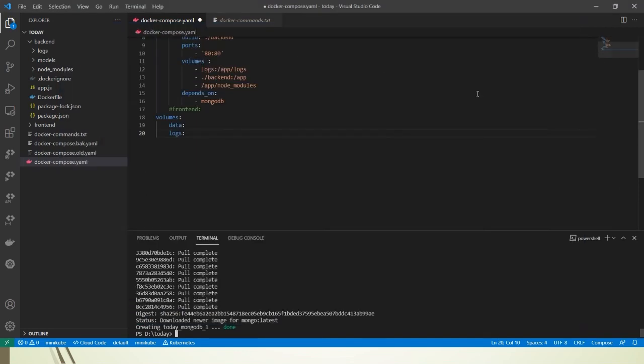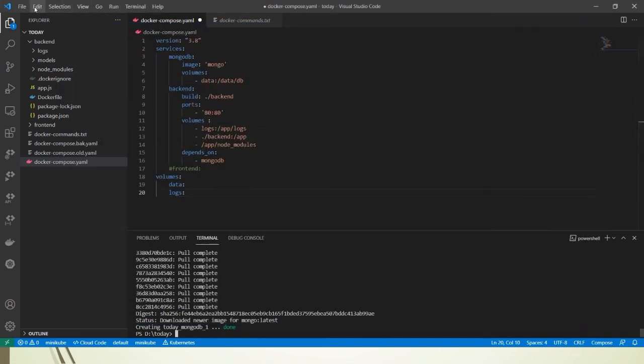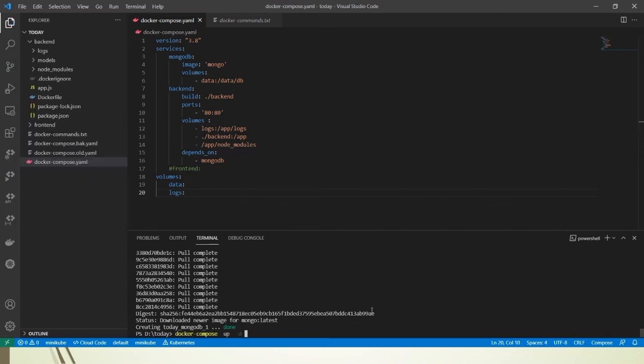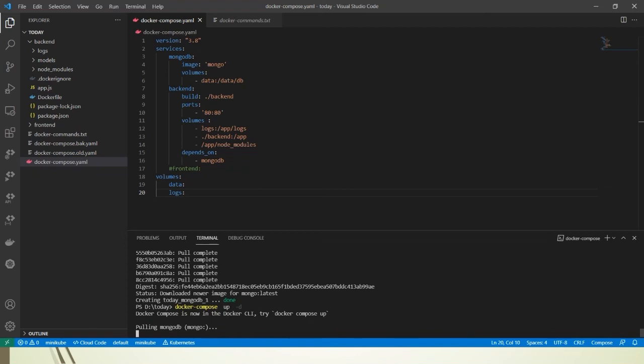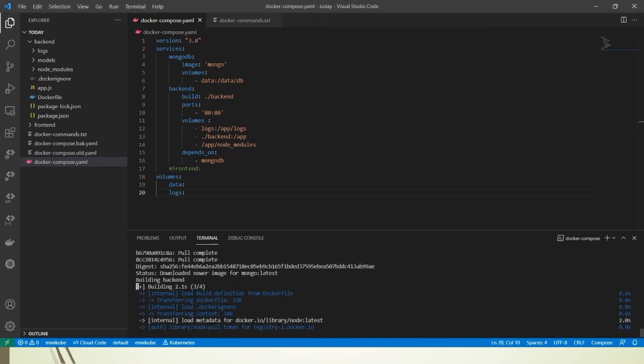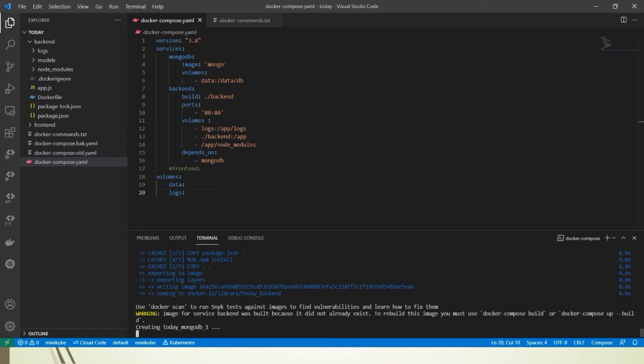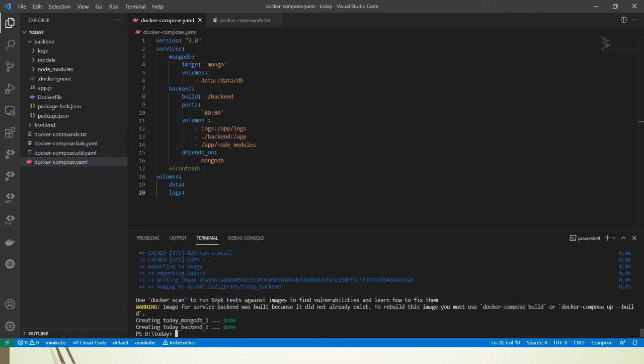I think we didn't save the file, so let us save it. So we can see that the first image is done, and the second one it is creating.